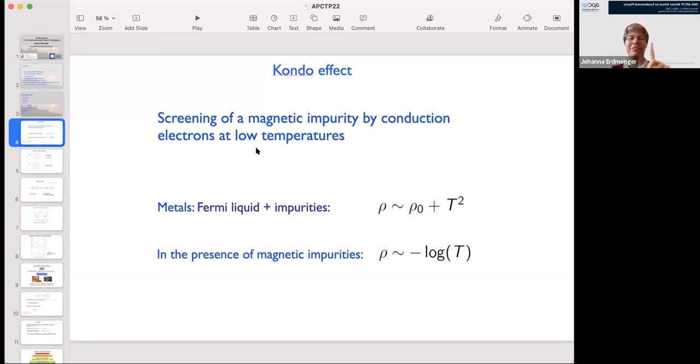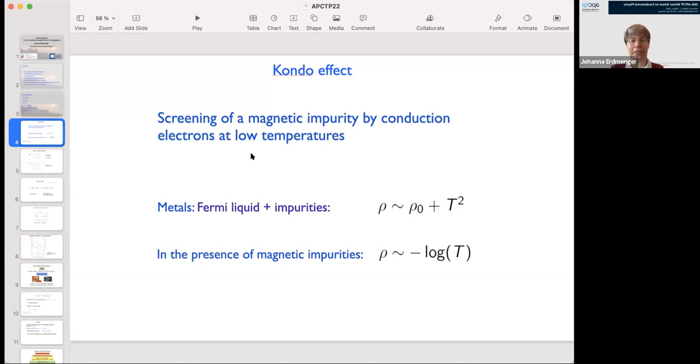Just imagine that you have an electron with a spin, or some impurity with a spin that sits at some fixed location and doesn't move, or some atom or ion which has a spin. Then you have this cloud of electrons around this in some conductor, and the spins of the electrons that move around actually interact with the spin of this magnetic impurity. The most important point is that if the temperatures are lower, then there's the screening taking place. Let me explain a little bit what the screening means.